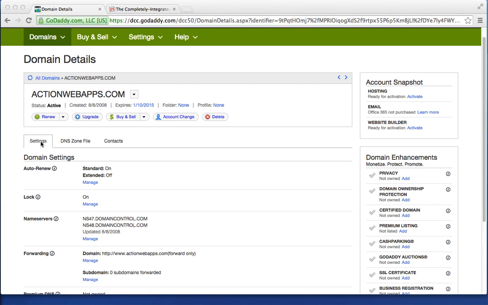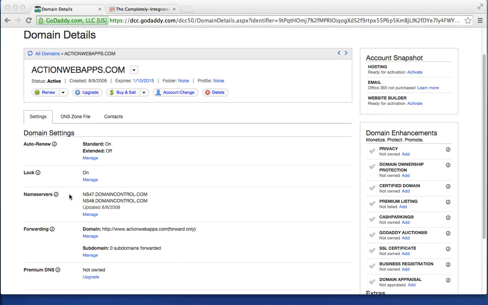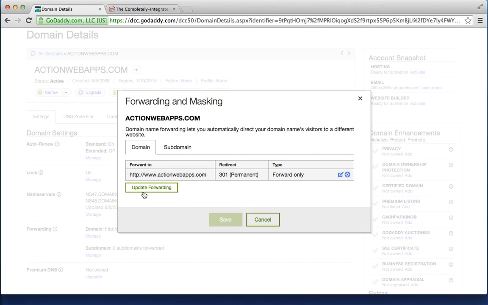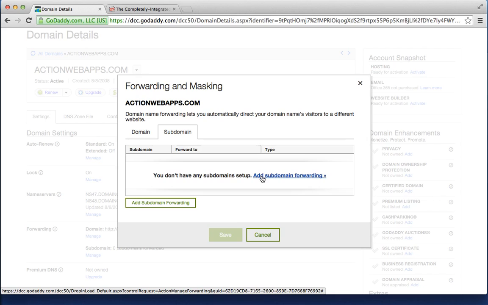www.actionwebapps.com. Okay, so I'm on the DNS settings. The name servers should be set to the GoDaddy name servers in order for this to work. And then you set up forwarding, and you forward to www.actionwebapps.com, 301 permanent. I don't think it matters really if it's 301 or 302. So we want to forward the domain. The subdomain would be if you could set up subdomains here and use forwarding, but we don't have to